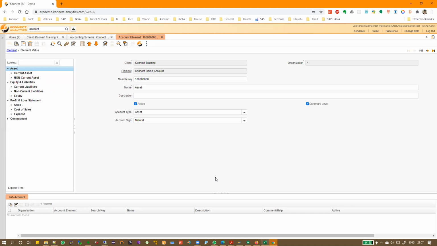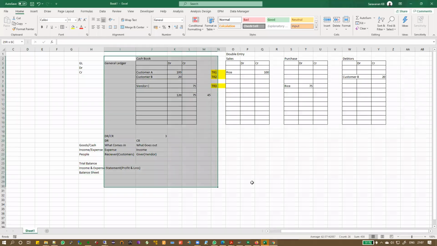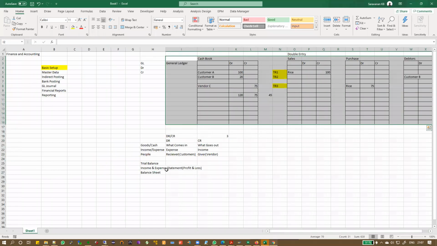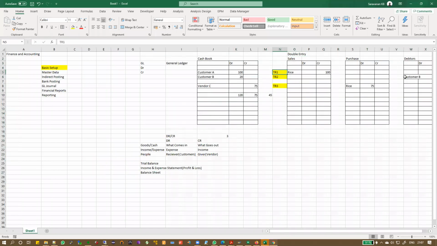So now, we saw how we define a ledger. We saw how the accounting schema is done. So basically, we have done all of this. Now let's look at how, for example, the transaction I told about, where a customer bought something and paid cash, gets posted. Now let's understand how that posting happens. So why do we call it indirect posting? I will let you know.